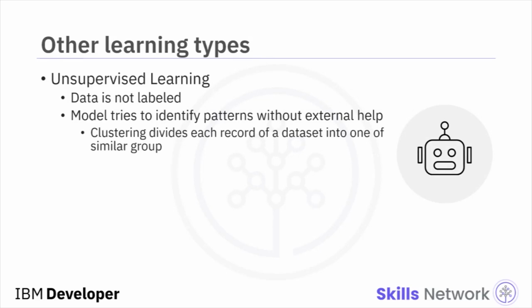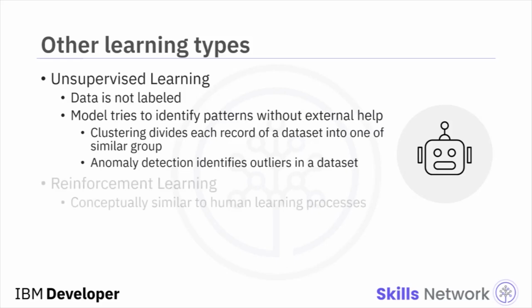Clustering is an example of this learning style. Clustering models are used to divide each record of a dataset into one of a similar group. An example of a clustering model could be providing purchase recommendations for an e-commerce store based on past shopping behavior and the content of a shopping basket. Another example is anomaly detection that identifies outliers in a dataset, such as fraudulent credit card transactions or suspicious online